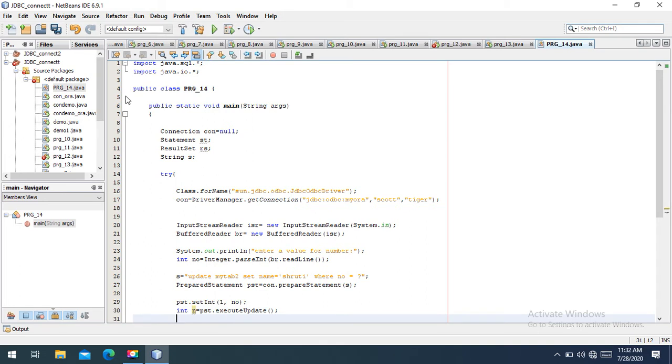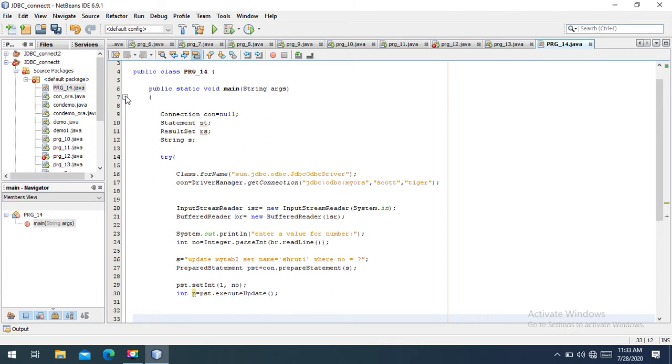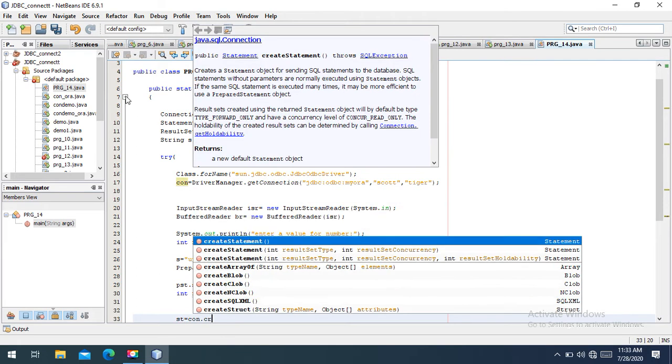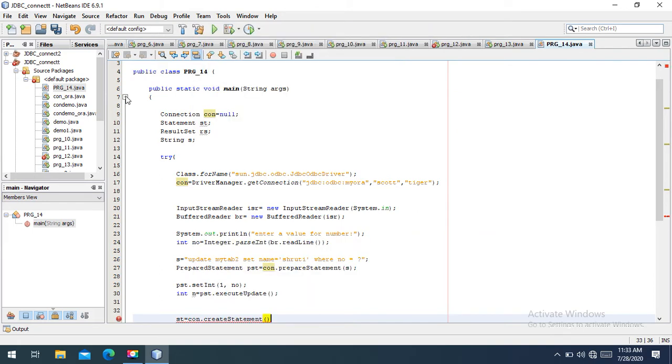Now, whether the record with the given number is updated or not, for checking, we will take a while loop, right? The same procedure which we have done in the previous program, we will do here once again. st equals to connection dot createStatement, brackets,